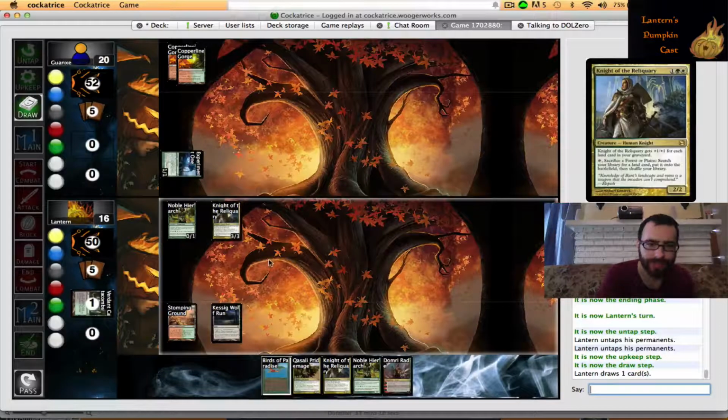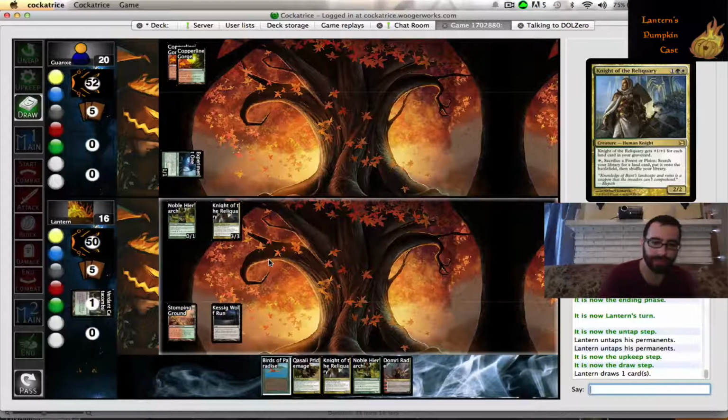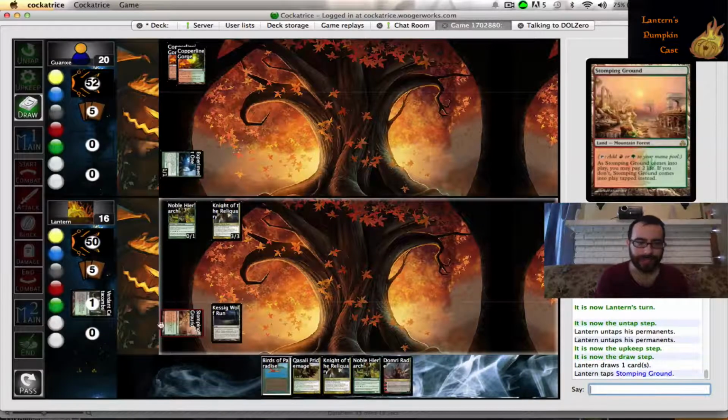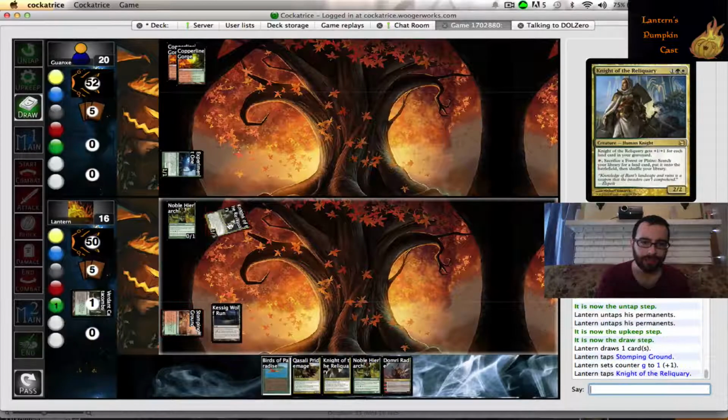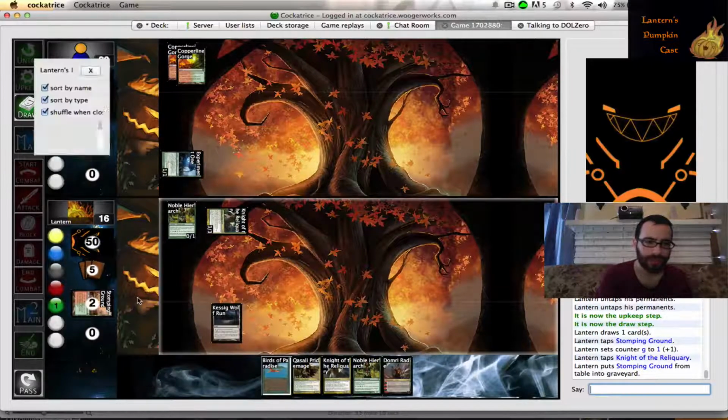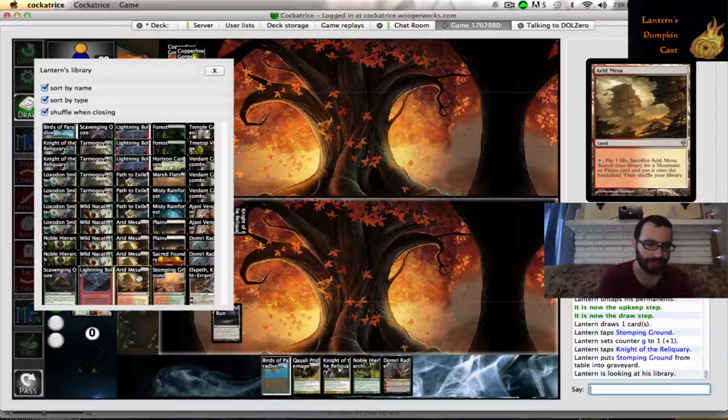What do we got here? We got Domri Rade. Domri Rade's cool. I like Domri. I could play Knight of the Reliquary. I think that's what I end up doing here, is I float a green. Kill this. Search my library for a